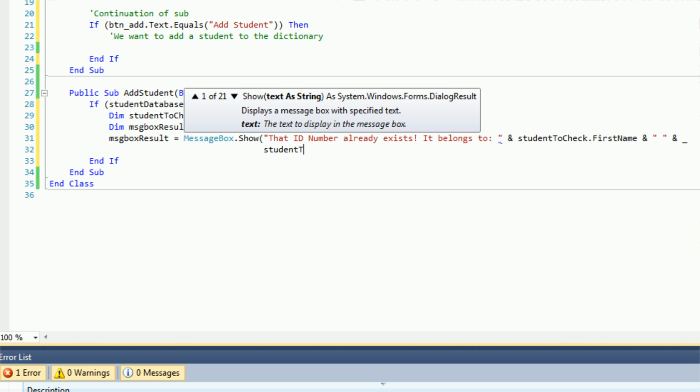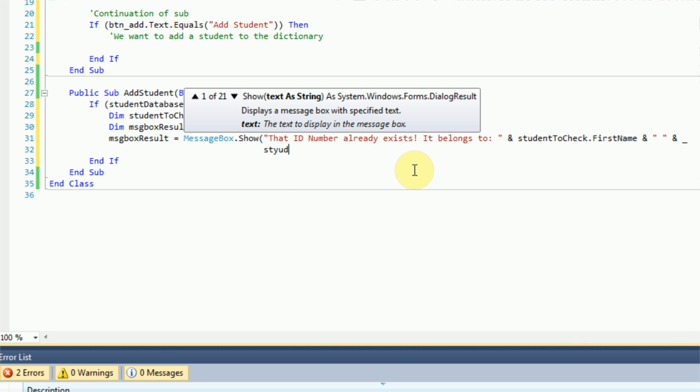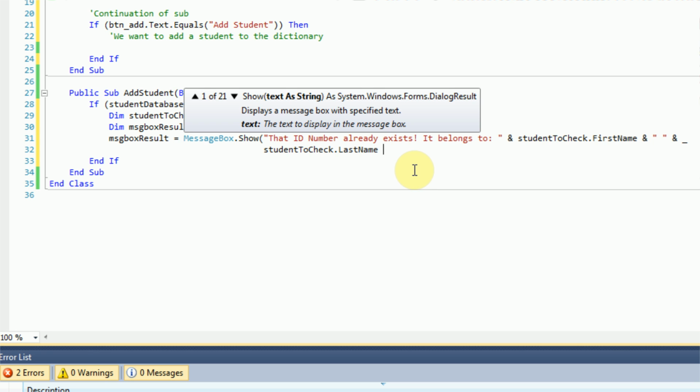Why is it not letting me access student2check here? That is odd. Well, that was interesting. So maybe I was spelling student wrong. So student2check dot last name, and